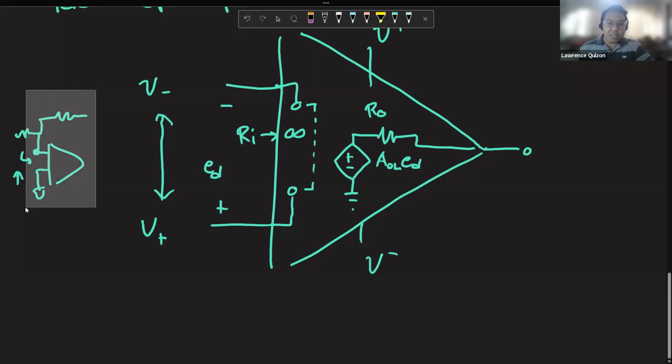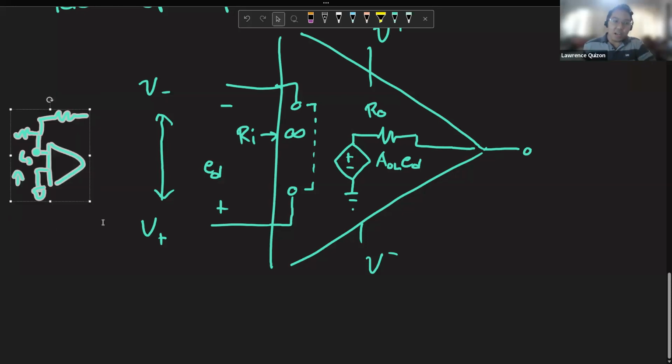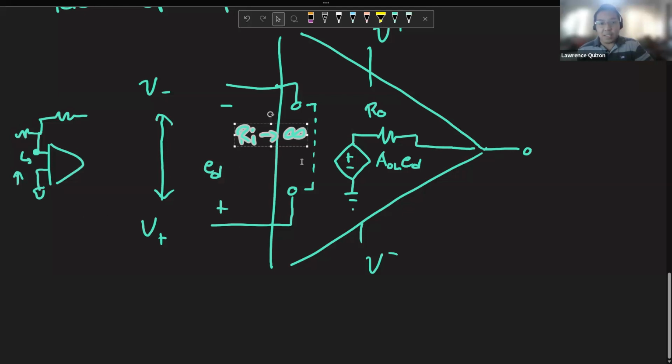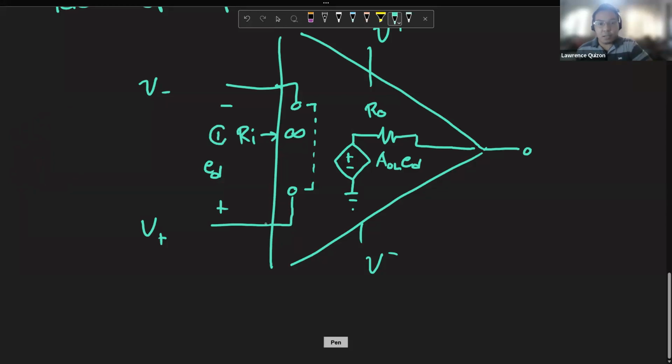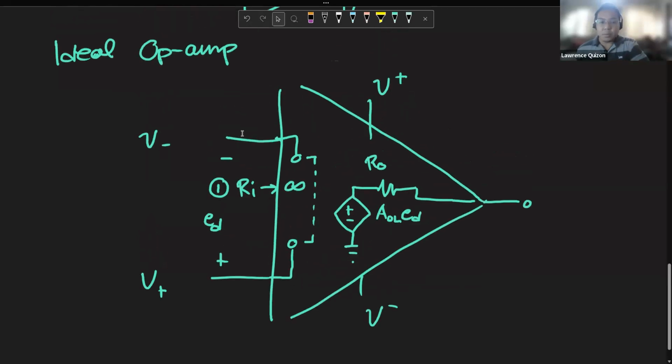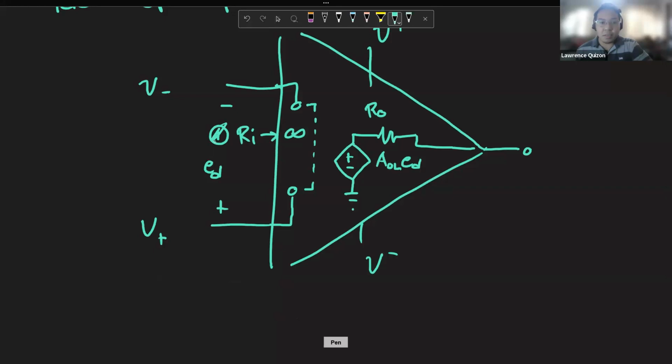So, ang tawag ko sa kanya is short na open. And the reason that we can say na short na open siya is because walang current na pumapasok dun sa inputs, no? And that's because in ideal op-amps, we assume that the input resistance is infinite, no? So that's one part of the ideal op-amp, no? So part one of the ideal op-amp is that the input resistance is infinite. Now, part two of what makes the, sige, baguhin natin yung kulay para maganda. Part two is that the output resistance